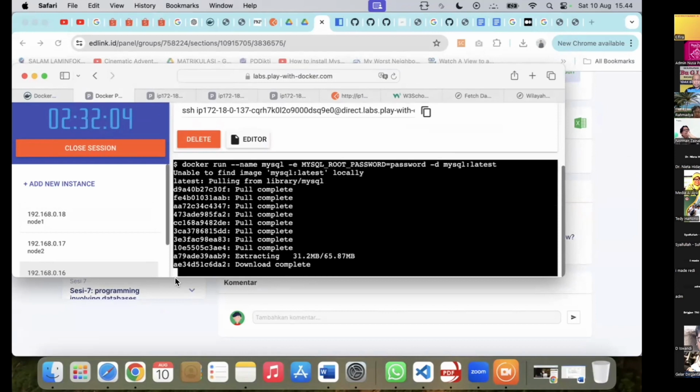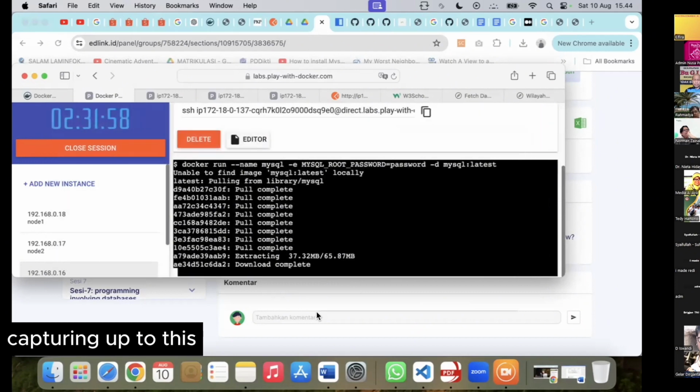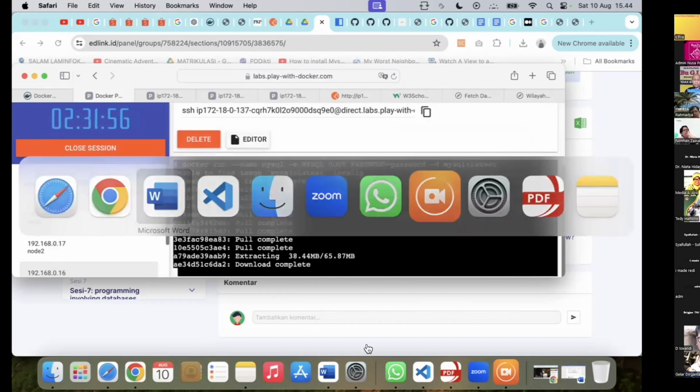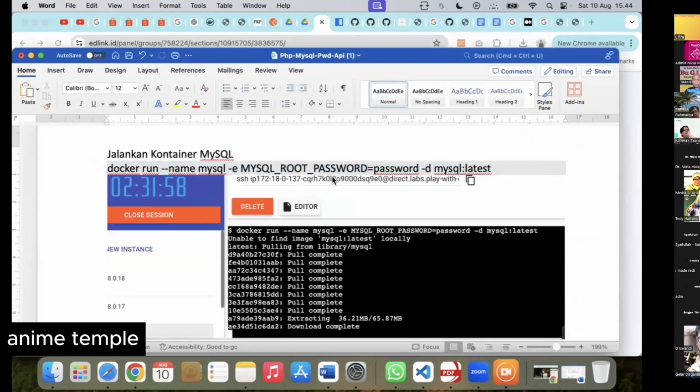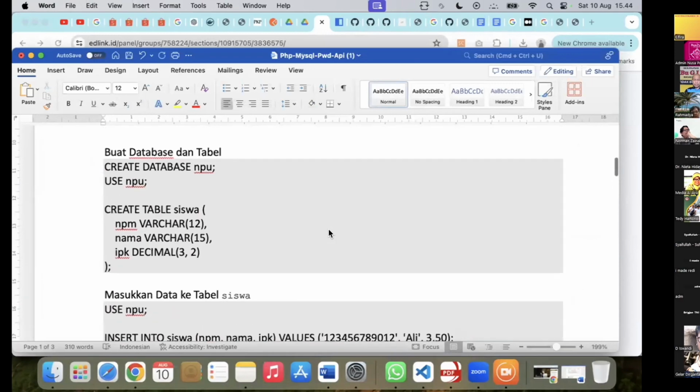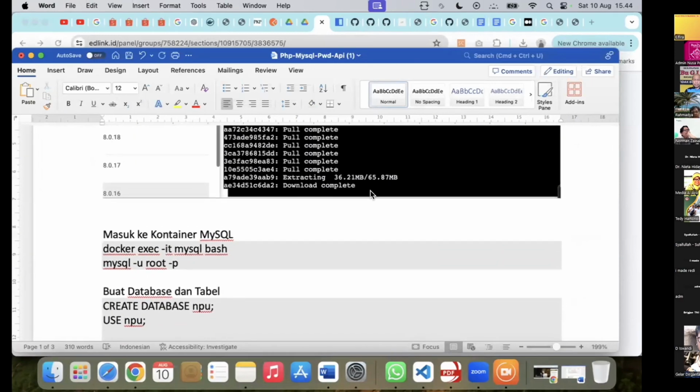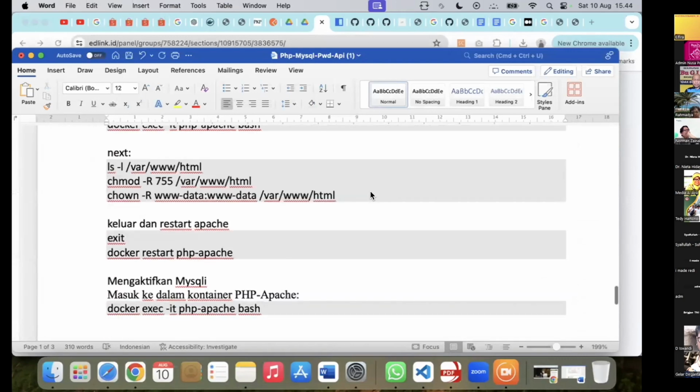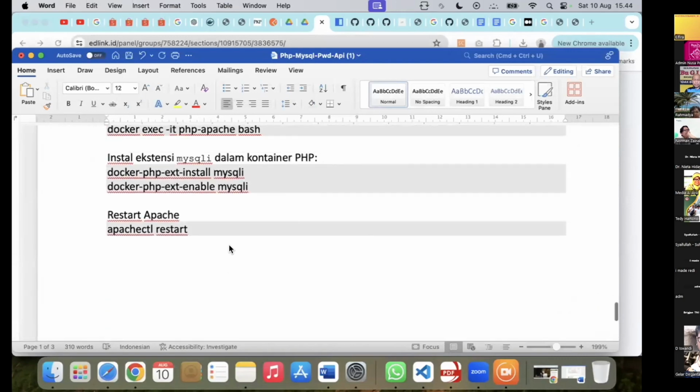you can capture this running. For example, you can capture this.